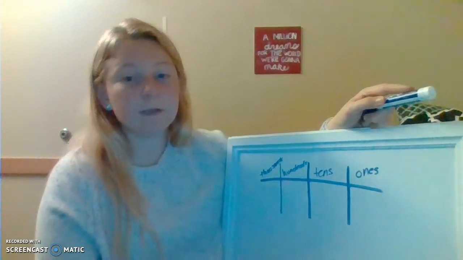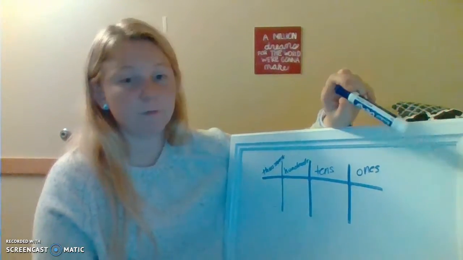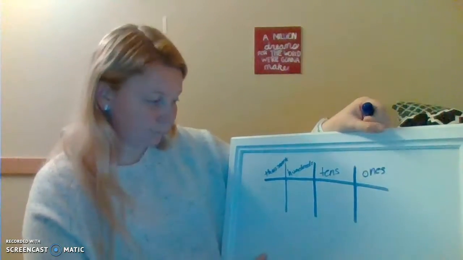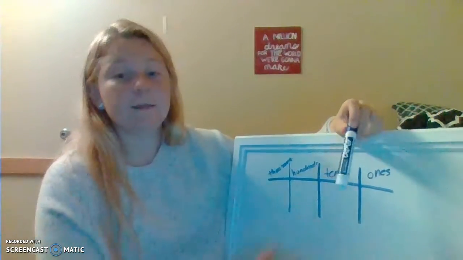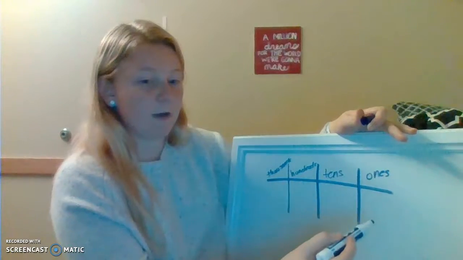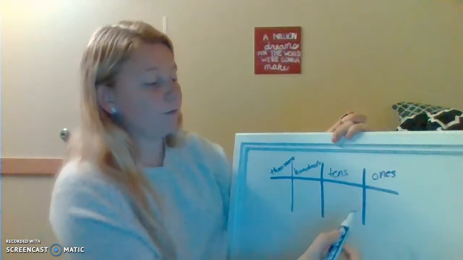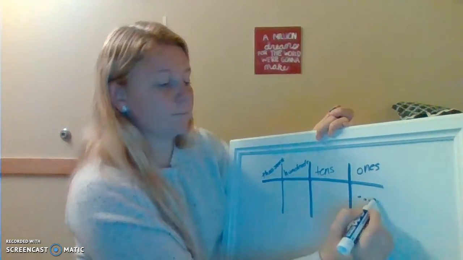So today we're going to compare two numbers in different bases, but before we do that, we're going to review our base 10 to make sure that we're all on the same page. When we are doing base 10, that means after we have 10 in each spot, we regroup and move to the next spot. So if we had 10 ones,